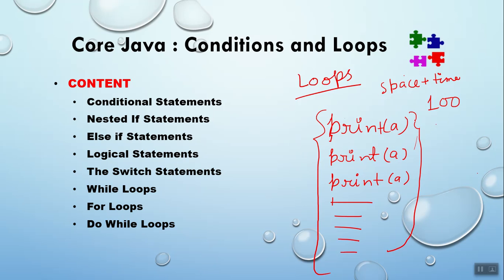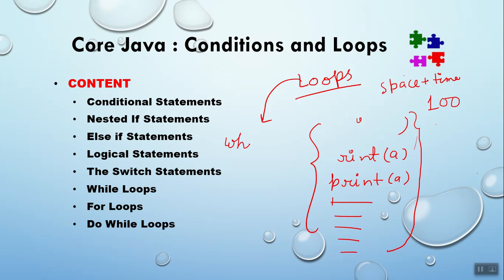So this will take lots of space and time. You can assume it. I'm not going deep into how this is working, but just assume that this is going to take a lot of space and lots of time. So to translate the whole statement, we actually use loops, right? There are many types of loops. While loop is available here, and the do while is available, right? And for loop is available here,